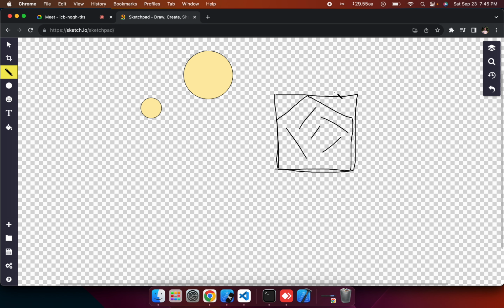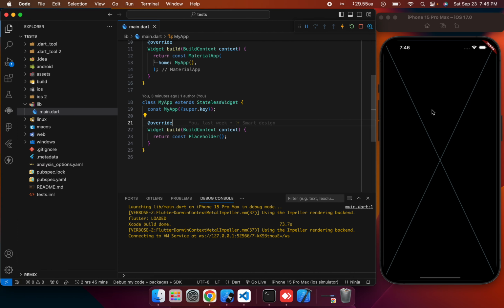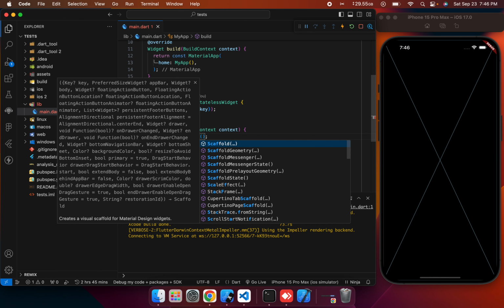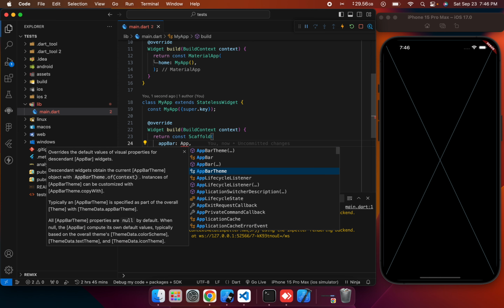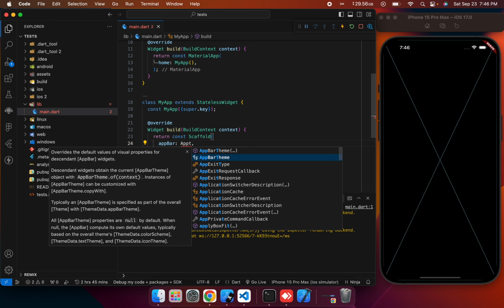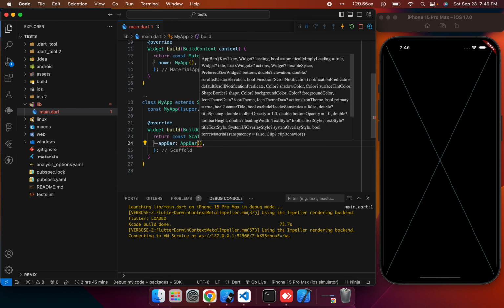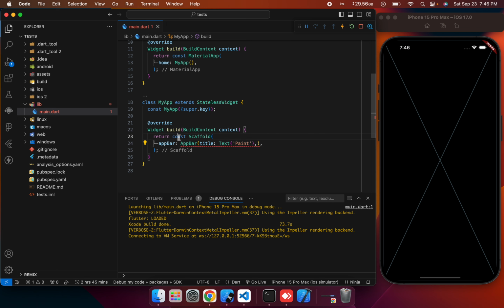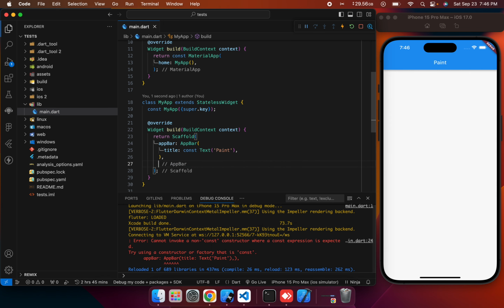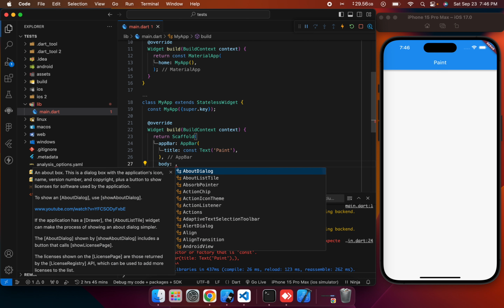So if you can understand your boundaries, you can paint anything you want. Now let's create something practical. So let's put our scaffold, and then in the app bar we'll have an app bar, and then for the title we'll have a text that says paint. Okay, then we'll have our body. So our body now,